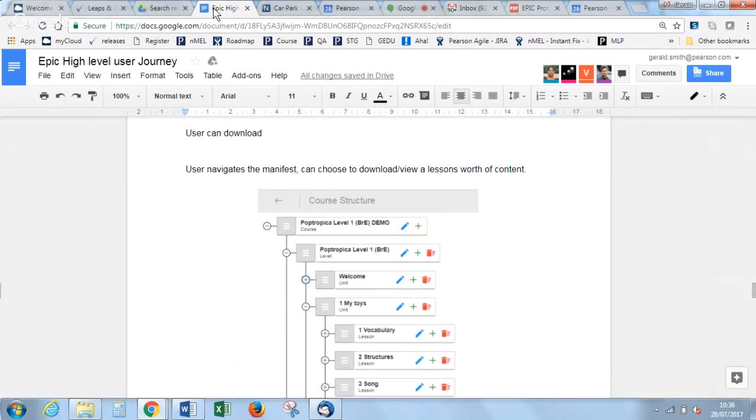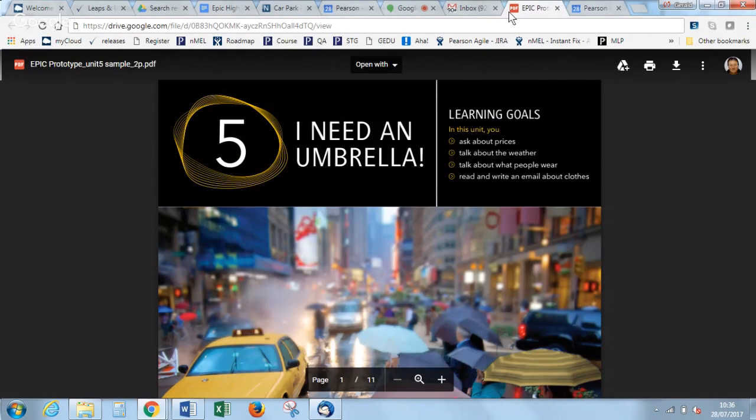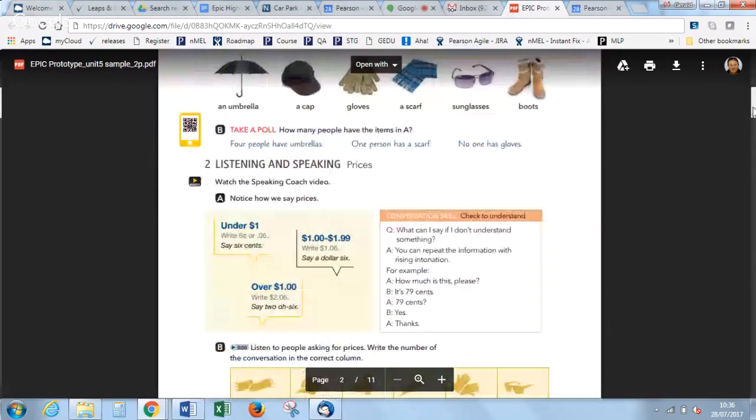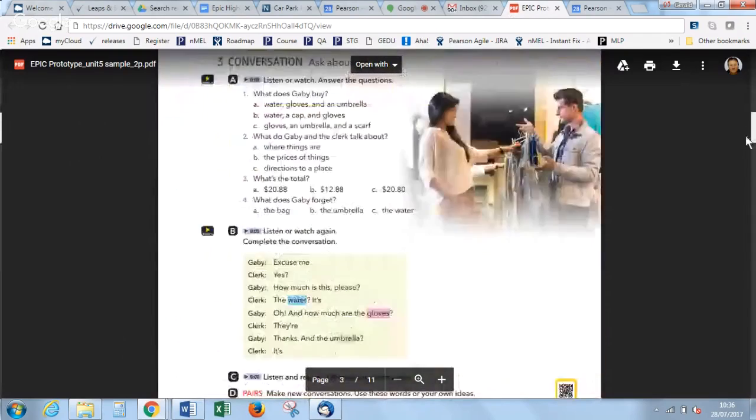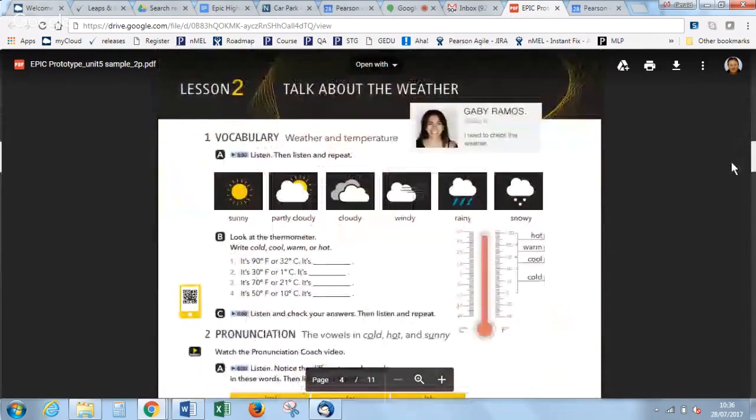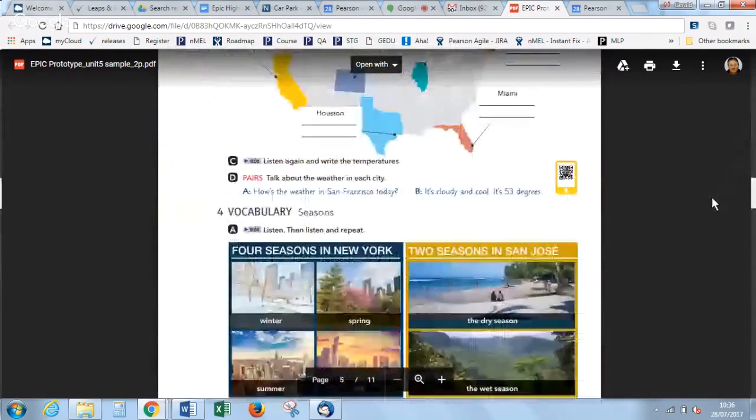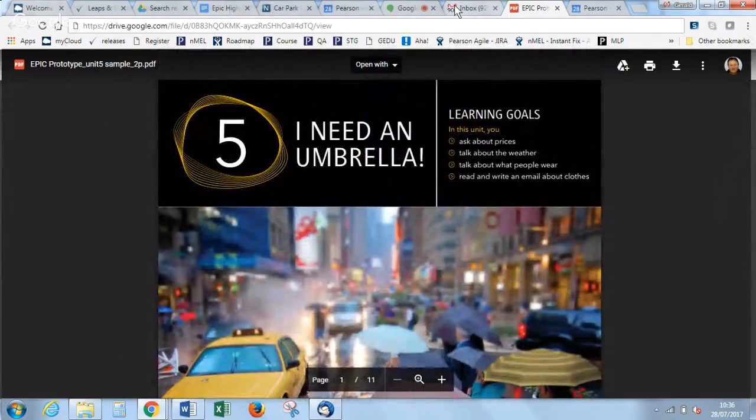Then we have something which we can then load, which will be something that resembles that page. So although this is obviously a different product, it would have the same structure that we've seen in this page here, with a lesson and these sections: lesson, speaking, conversation, try it yourself, vocabulary, pronunciation, listen, speak, etc. And then